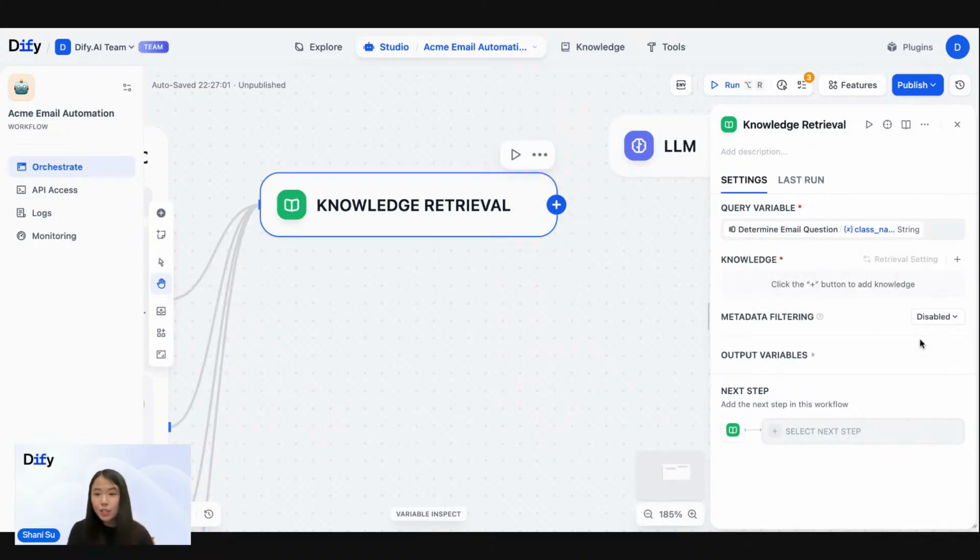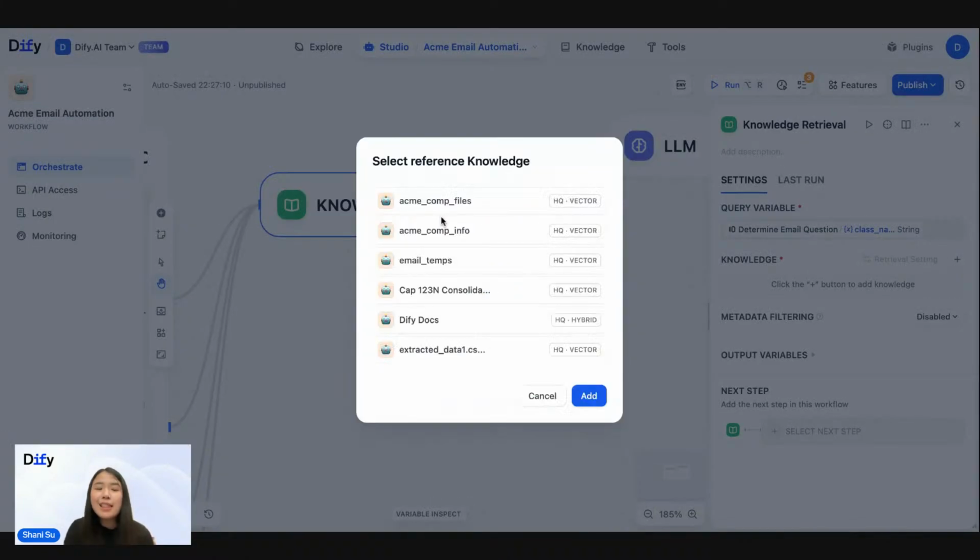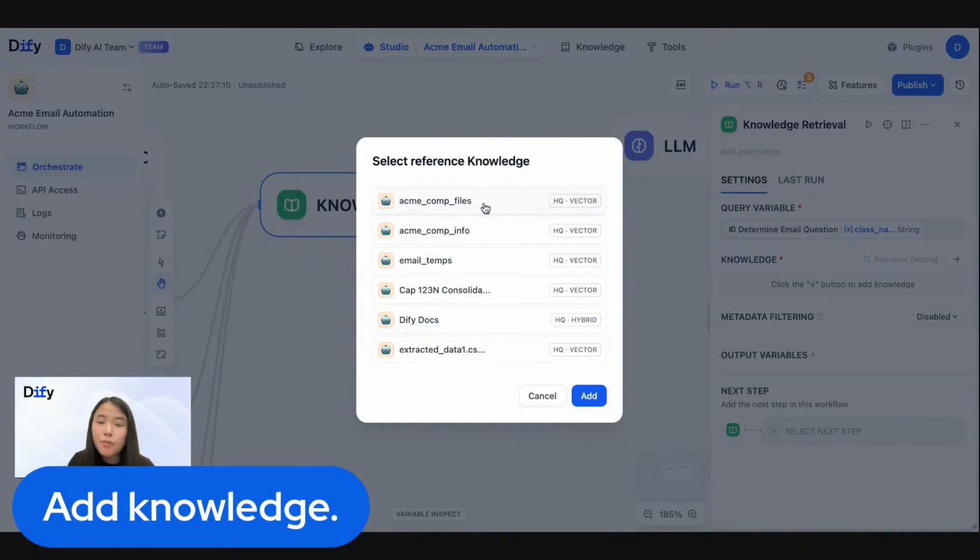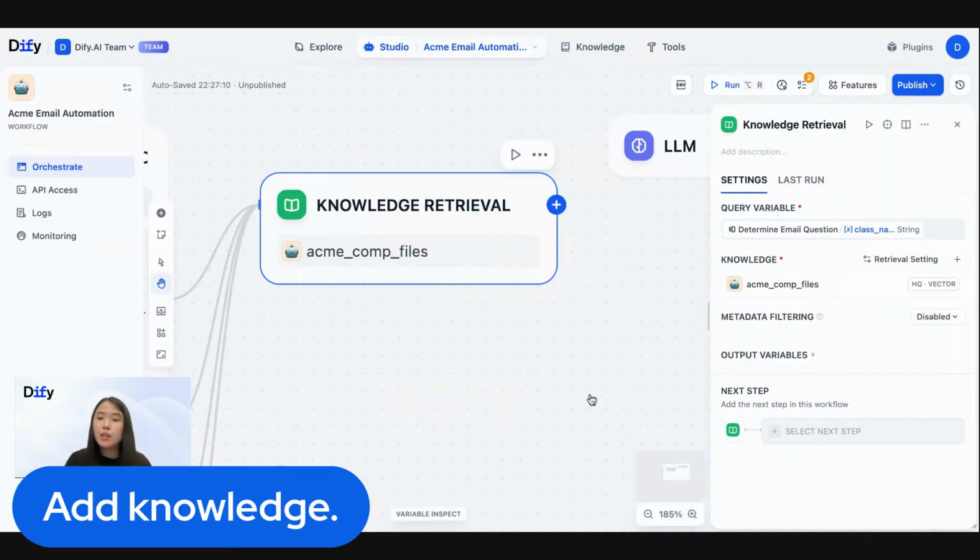After uploading that, we need to connect our actual knowledge base that we previously created. This is a super simple process made by Dify. All you have to do is add this plus button and then select your reference knowledge. What I named it previously was acme comp files. So I'm just going to add that. You could add multiple knowledge bases as well, but I'm just going to stick to the one. Feel free to add that. And then that should be able to use this query variable to extract all the information about this class